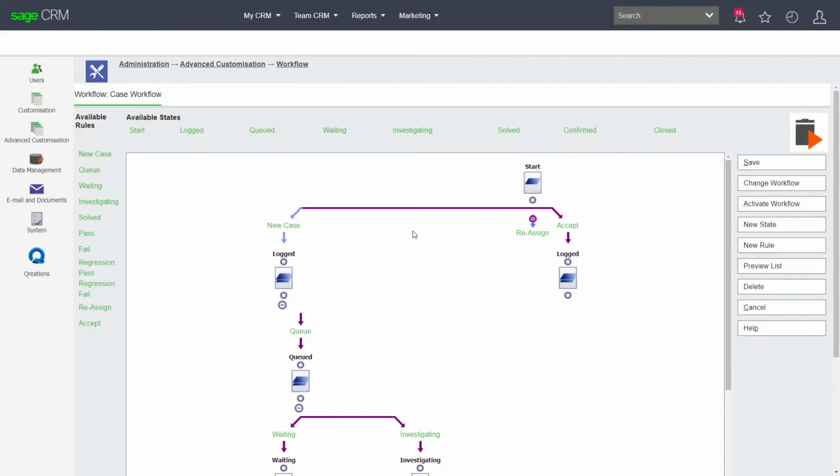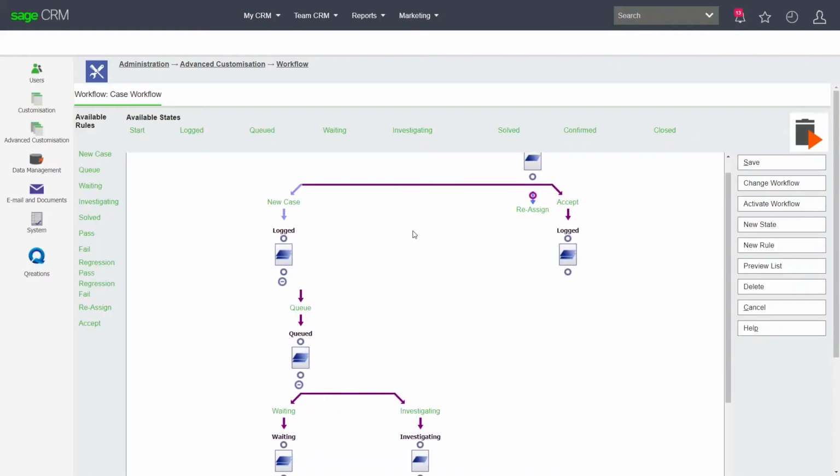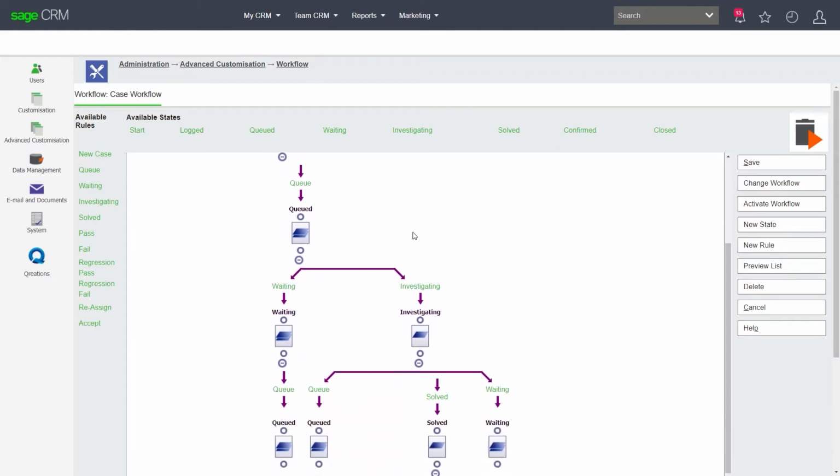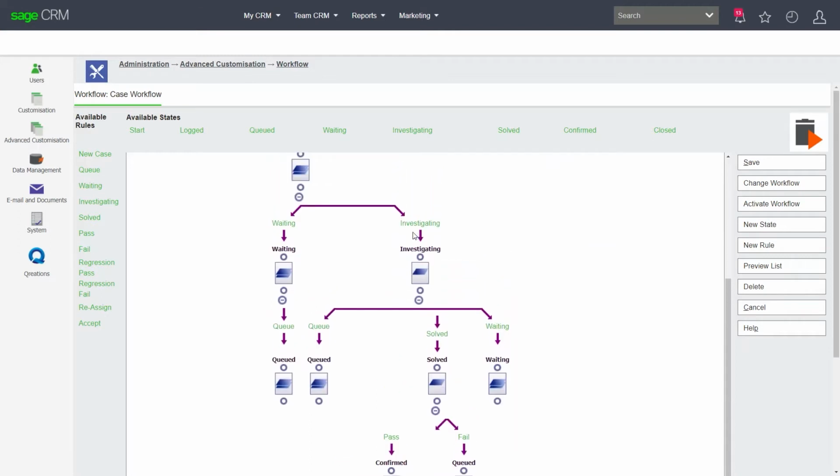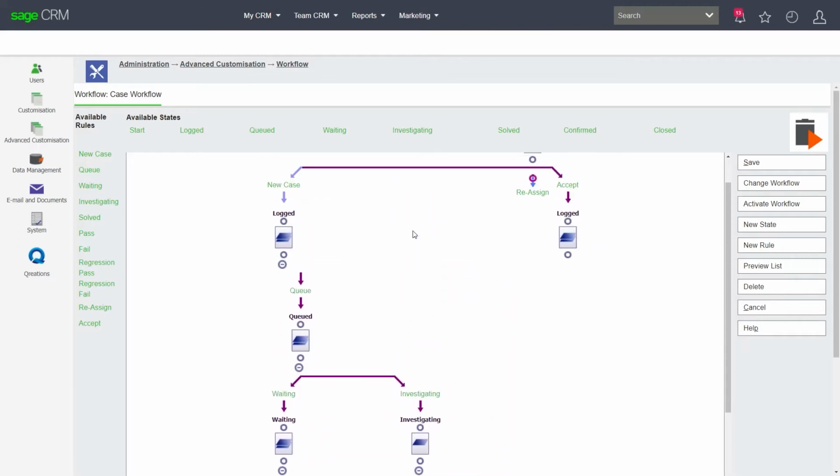Workflows are used to guide users through a certain process specific to that record type. For example, a workflow can be used to create a new support ticket, allocate the issue to a user, and then guide that user through the various steps needed to resolve the issue before finally capturing the reason for resolution. As workflows are very bespoke to the customer and require a fair amount of knowledge about their processes, this should be fully scoped before being put into their Sage CRM system.